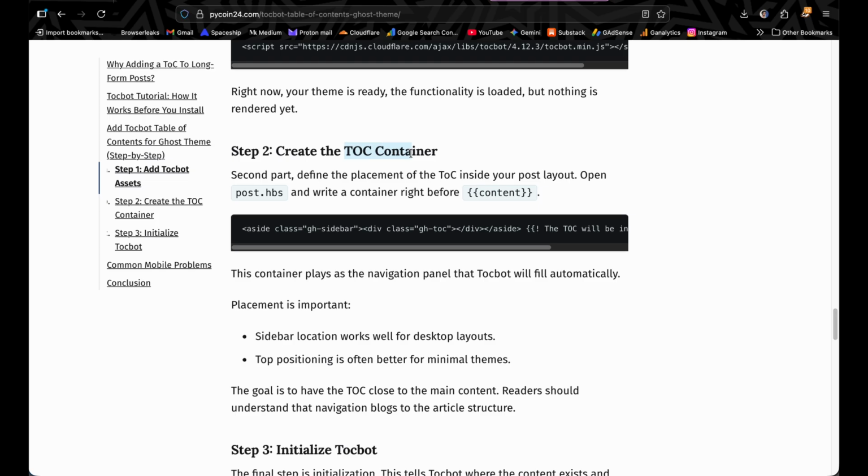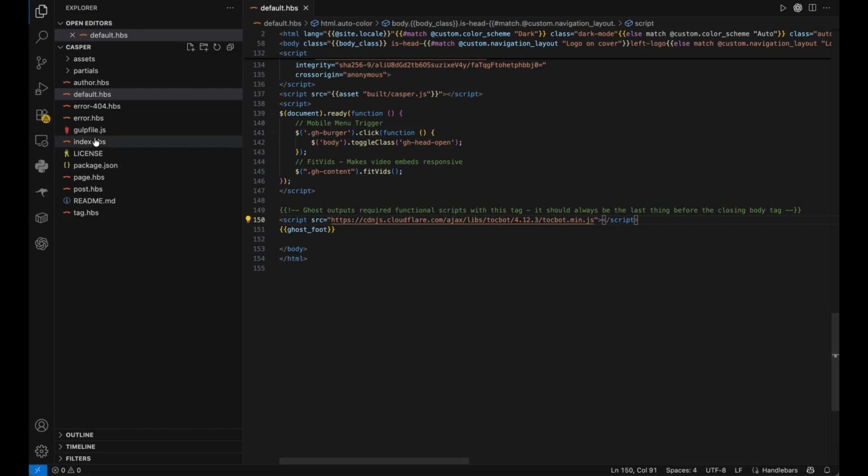You may have lots of pages on your website, but you want specifically your blog posts to have the table of contents. So we should add this line of code in our